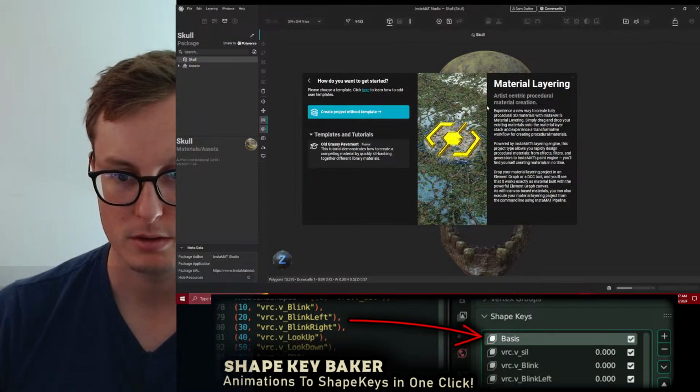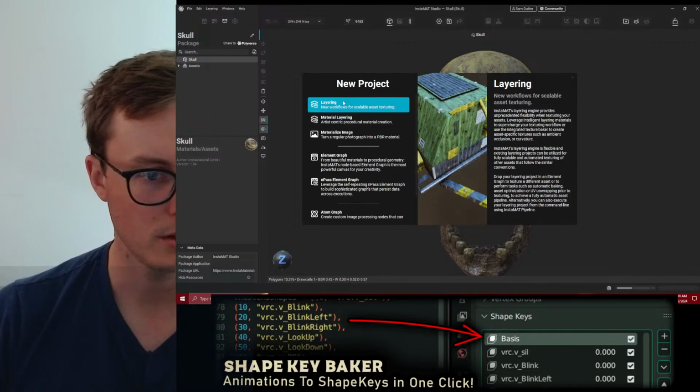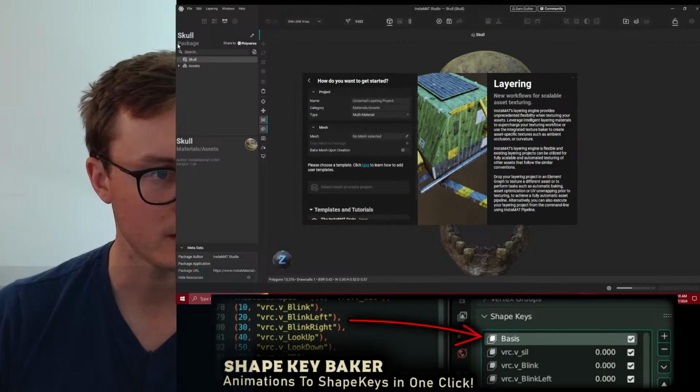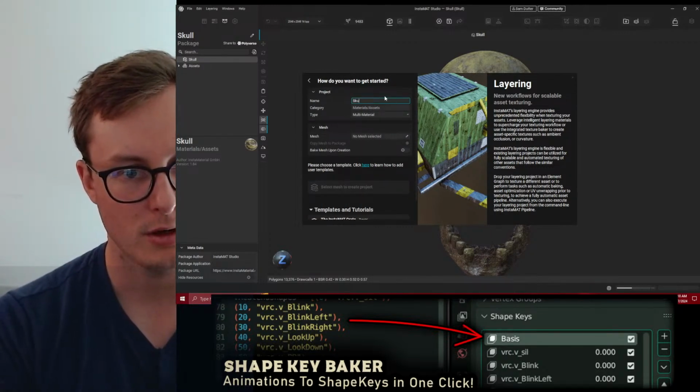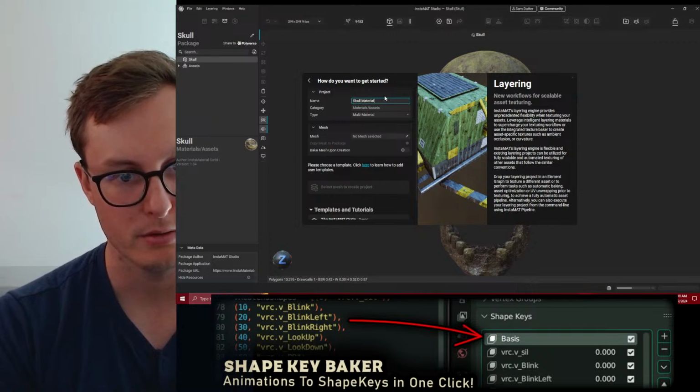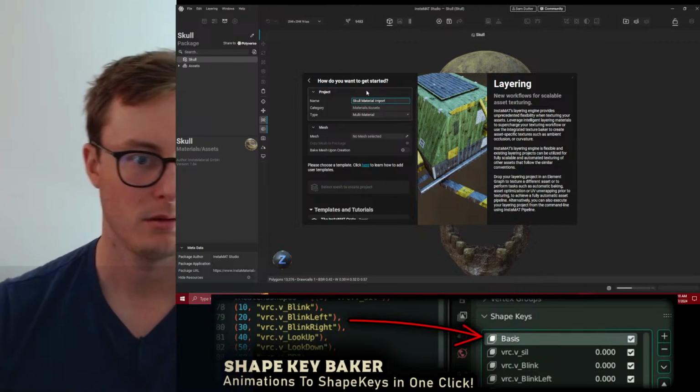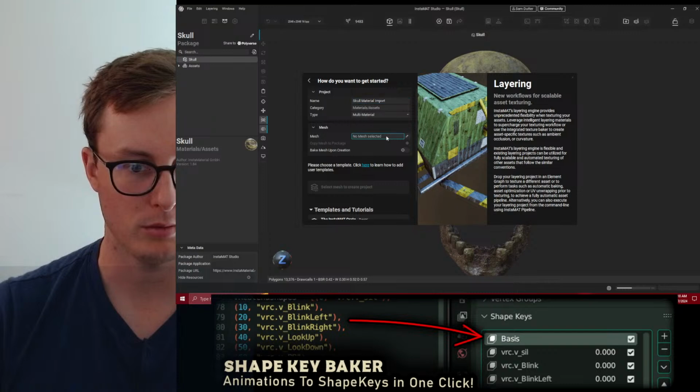Material layering. I think I want this one. Yeah, because that's what I have here. So we'll call this skull material import. And we'll use our skull.